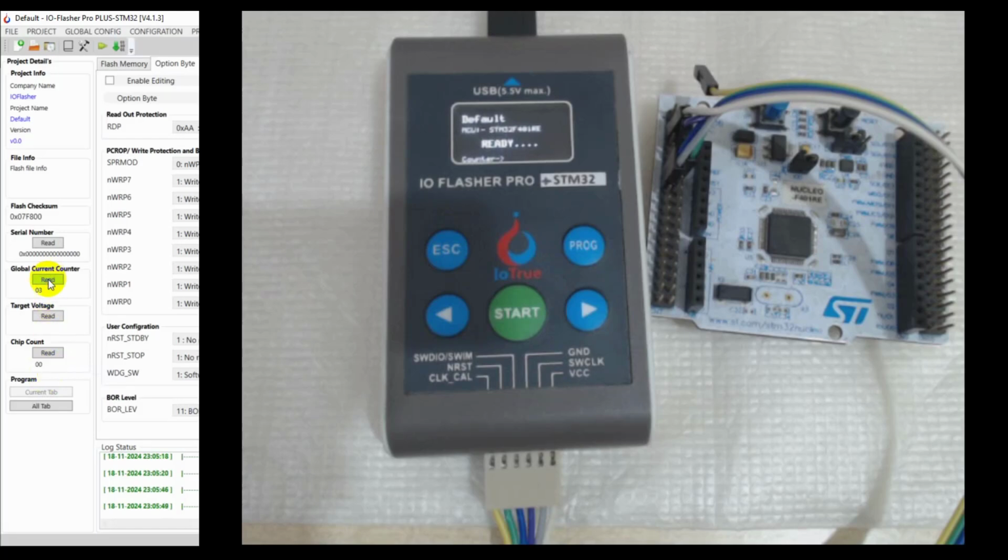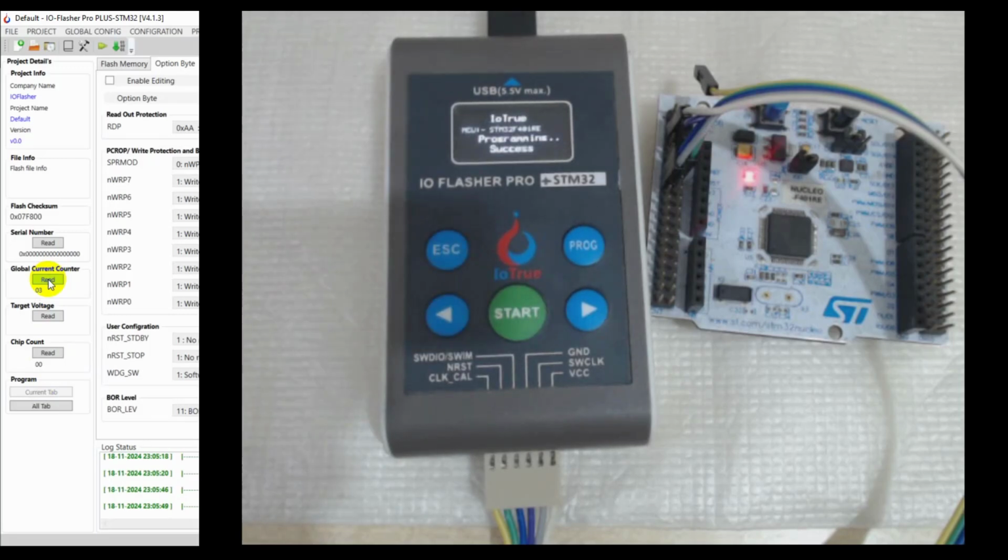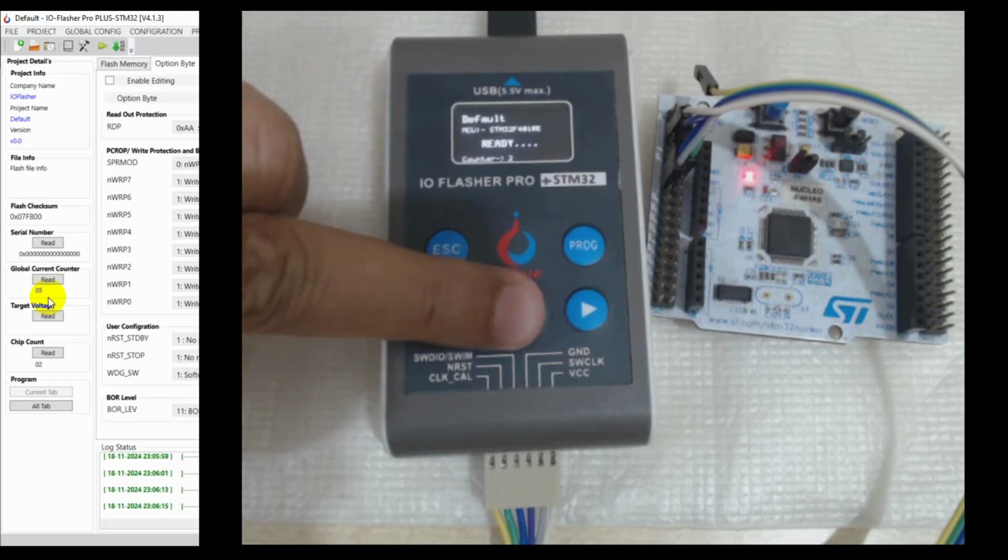Now let's program the block 2. Successful. You can see the counter value is 1. I will read chip counter is 1 and the global counter is 4 because it added 1 into the previous block counter. Again program it. You can see it's 2. And then I read back, it's 5. Now again I am changing the program